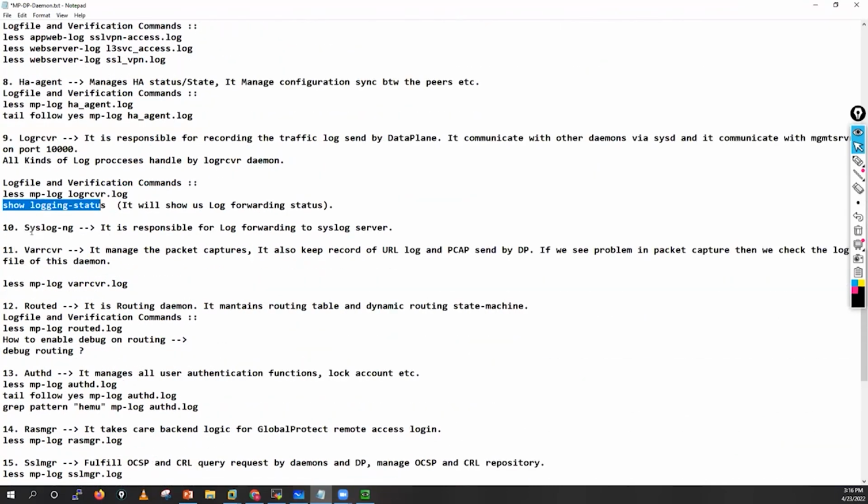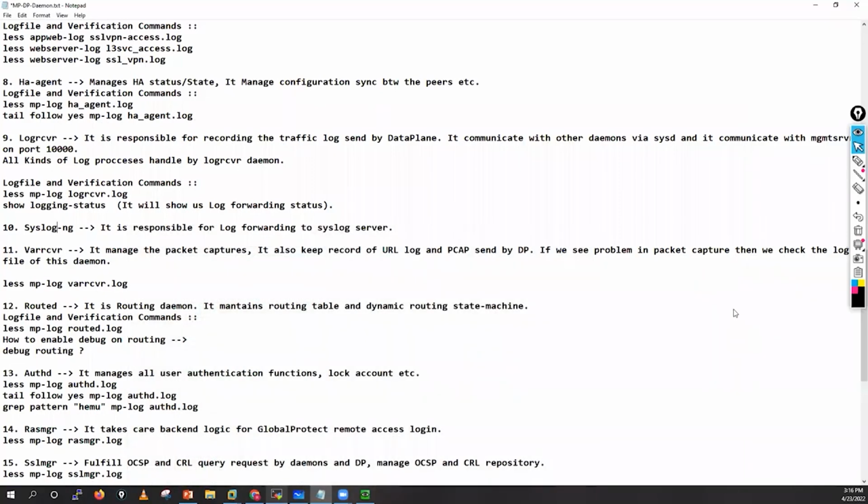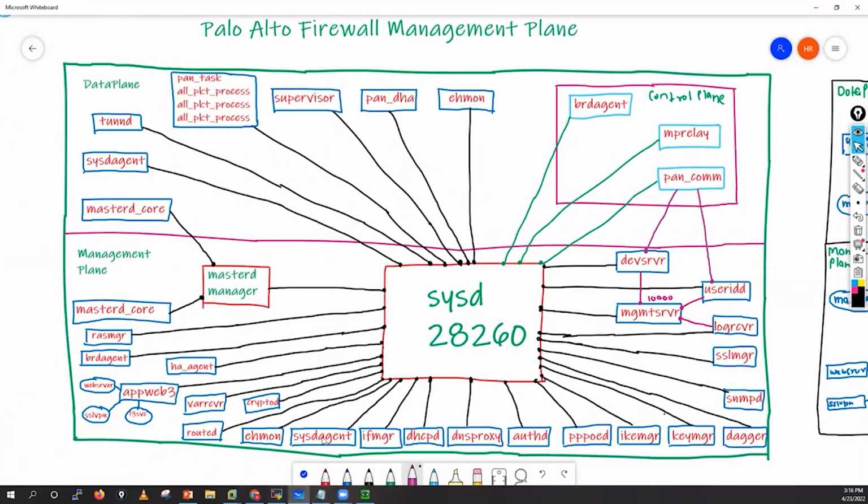Okay, now we have syslog-ng. It is responsible for log forwarding to the syslog server. So this is your syslog-ng. This daemon is responsible for your syslog related activities. You will get this daemon's details somewhere here. I have written it. That daemon is also running in your management plane, guys. Just remember, it's a sysd daemon. So where I have put that daemon detail, dagger,